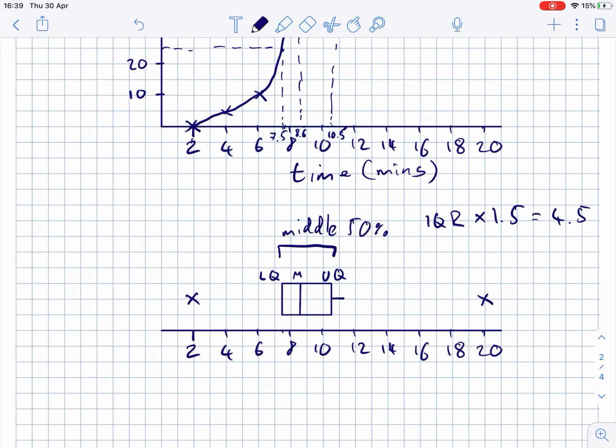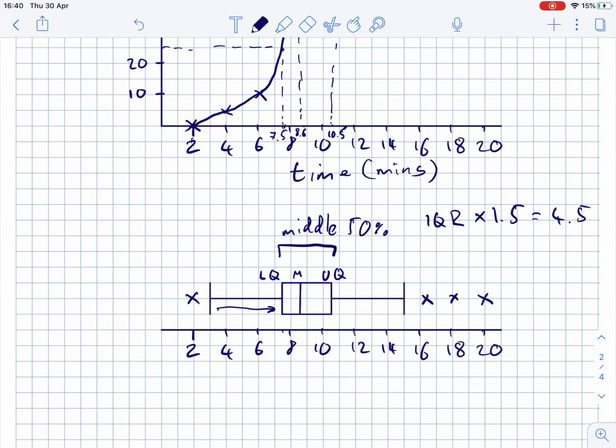Now anything that is 4.5 above, so anything above 15, if I knew the exact value, something like that, I would mark with a cross to indicate that they're outliers. Similarly, over here, I would have a 4.5 gap below my lower quartile, and anything under that would be considered an outlier, an extreme value. Okay,